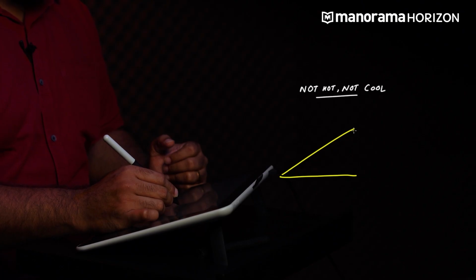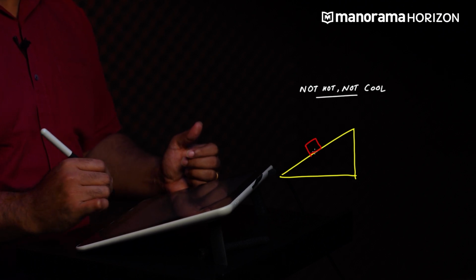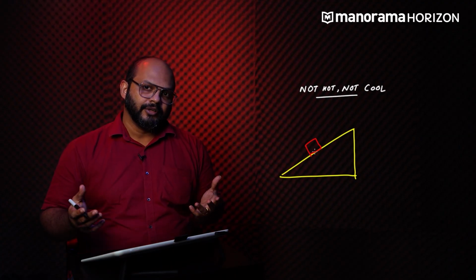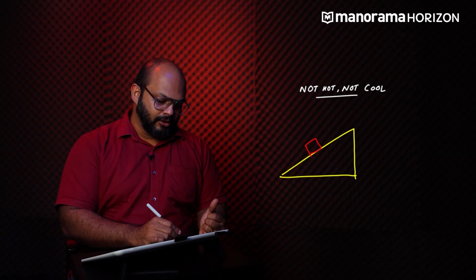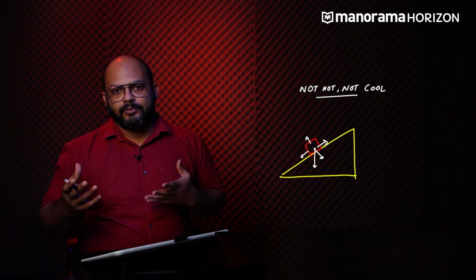Now, you're already familiar with equilibrium in a different sense. Let's take an example. Let's say that we have an inclined plane made out of wood, and on this plane we have a block made out of cardboard. Now, there will be some frictional force which is acting on the block and on that inclined plane. And this friction is preventing the block from moving. If you were to actually look at the forces acting on this block, you would notice that all the forces are adding up to 0. So we say that there is no net force acting on this block.